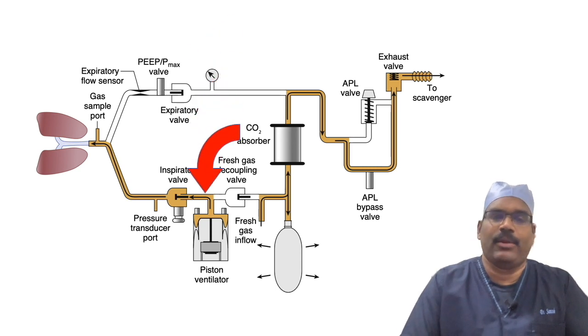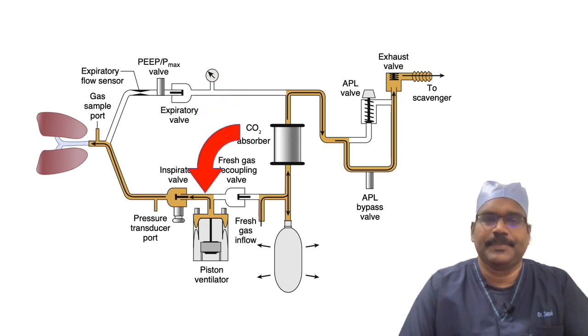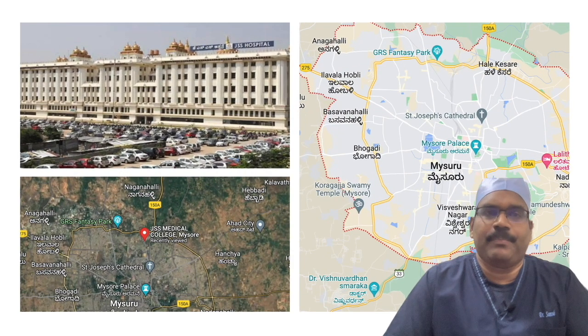You can see the location of the piston ventilator, and you can find the fresh gas decoupling valve marked immediately adjacent to that. Let us hear more about fresh gas decoupling from